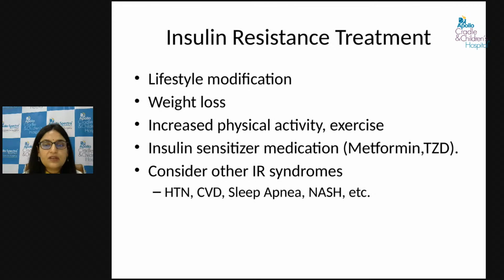In the initial days, if it is diagnosed early, or even if diagnosed late, and you are able to maintain lifestyle modification, do weight loss, and increase your physical activity and exercise, an insulin sensitizer medication is sometimes not required in all cases. Even if you are going through insulin resistance and your blood parameters are suggestive of it, we still wait and watch, and the results are really very good and long lasting. So I just wanted to emphasize one thing: if you simply have insulin resistance